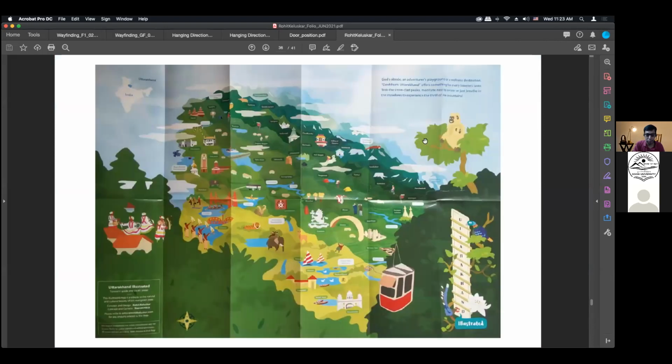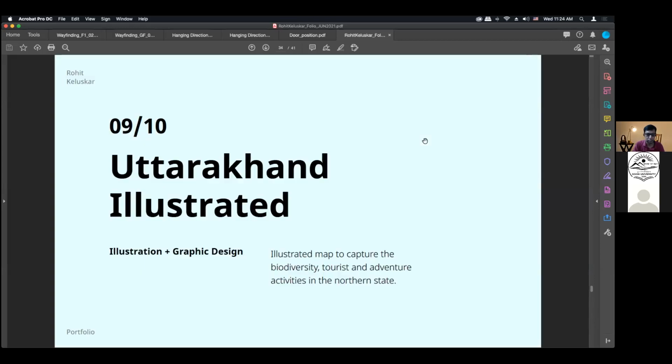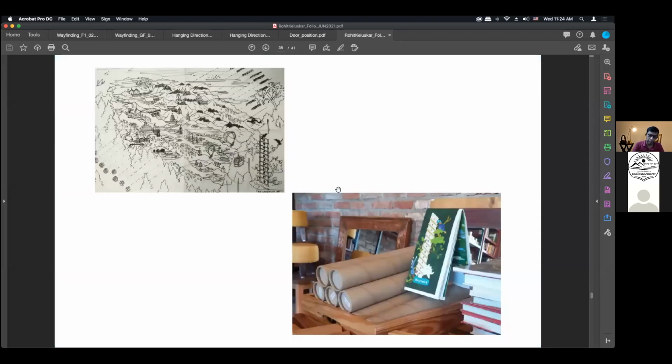One more project I would like to share is the Uttarakhand illustrated map that Beauty spoke about. Some of you have seen this map personally, and hopefully some of you have seen it in one of the stores in Dehradun. It was stocked in Alaya and a few other places. It's an illustrated map, and this sums up the story of the map. It started from the sketch or ideation, and the project moved on until it was out in the stores for sale.